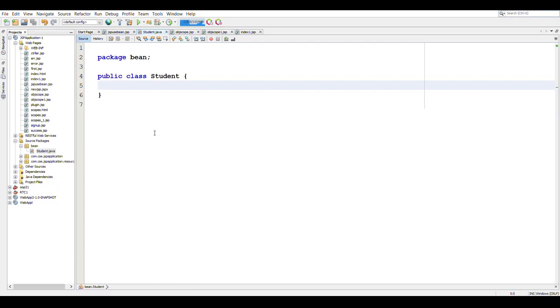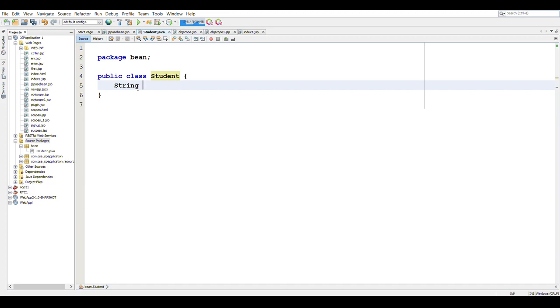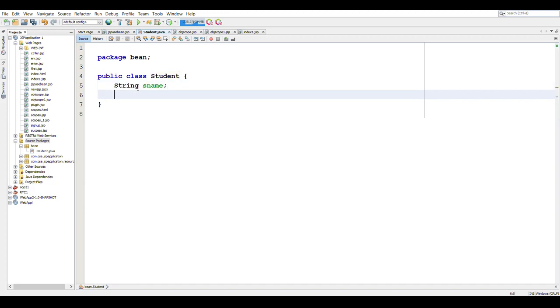Here we have created a Java Bean class which we are calling student. We have created student.java in the bean package in the source packages folder. For this class student, we will create two properties or attributes: one is String sname and another is int sid.